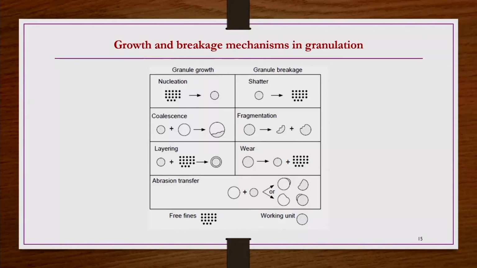Next is granule growth and breakage mechanisms in granulation, which we also see. This is a mechanism that has been taken from a reference book, where it was shown as steps for their optimization problem. This is not truly from experimental work, but an optimization problem, which is what we have taken. Okay, so growth and breakage mechanisms in granulation. Here, how does granule growth take place? If you have smaller nuclei something like this, and you allow this nucleation process to take place,